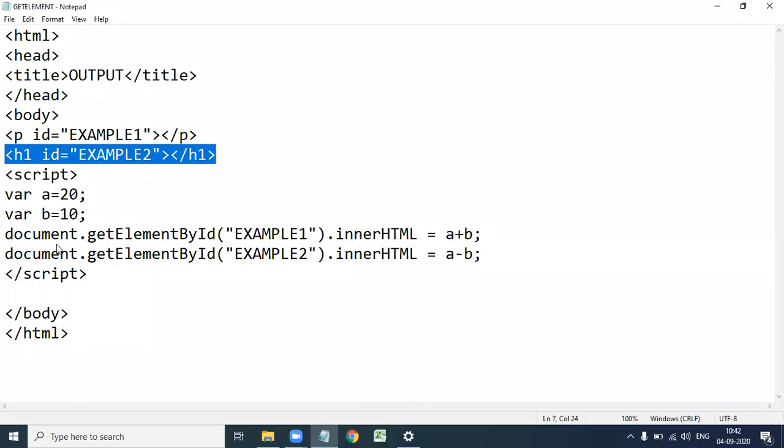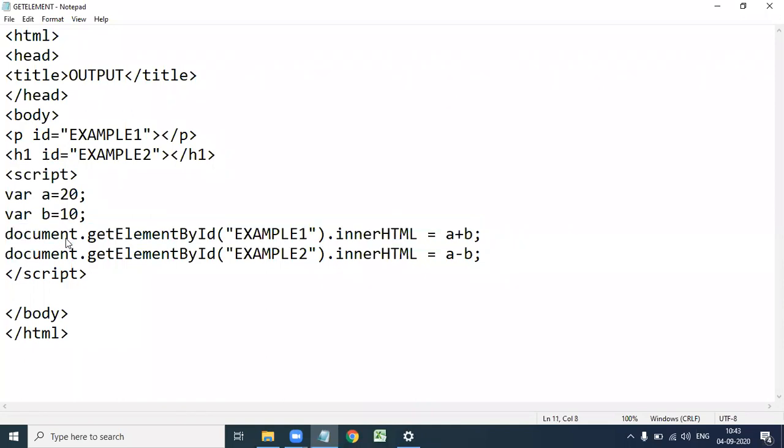So document.getElementById .innerHTML equal to some value means it changes the HTML content of the element having that ID. So these are the output statements, and these two work the same way.